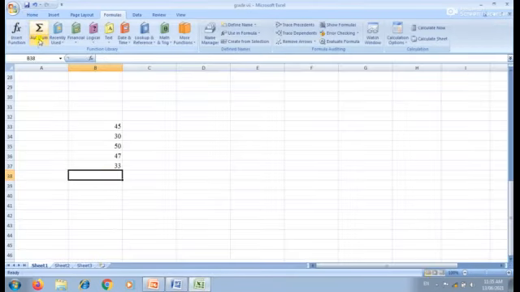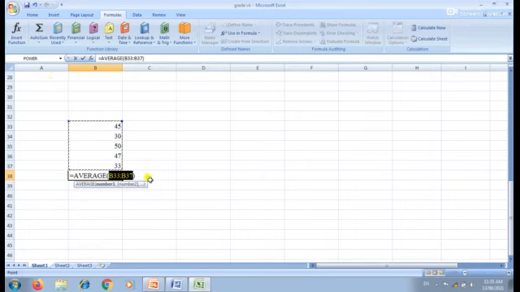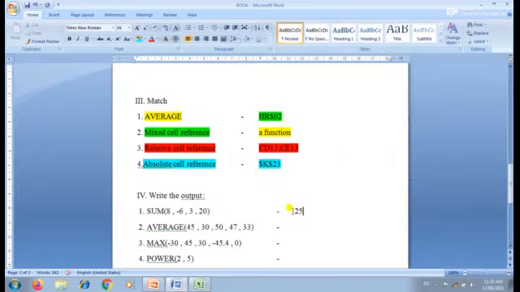Let me check what will be the average of this. First you have to choose the AutoSum feature. In that, the average option is given, so we directly choose the average function. Then after choosing this, we have to click the enter button. Now the average of these 5 numbers is 41.